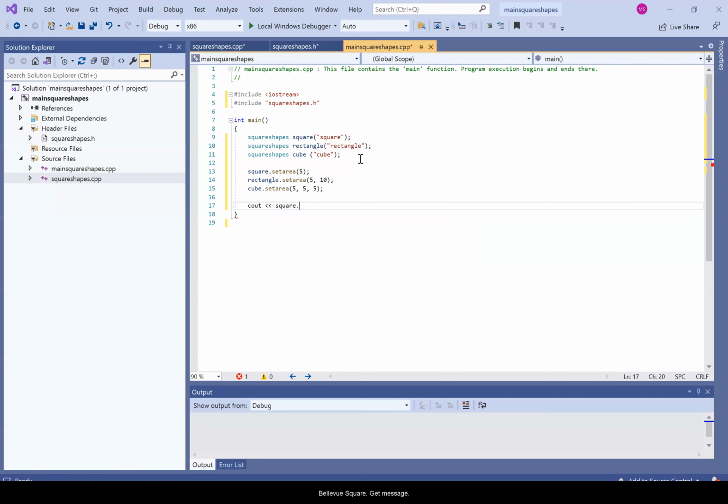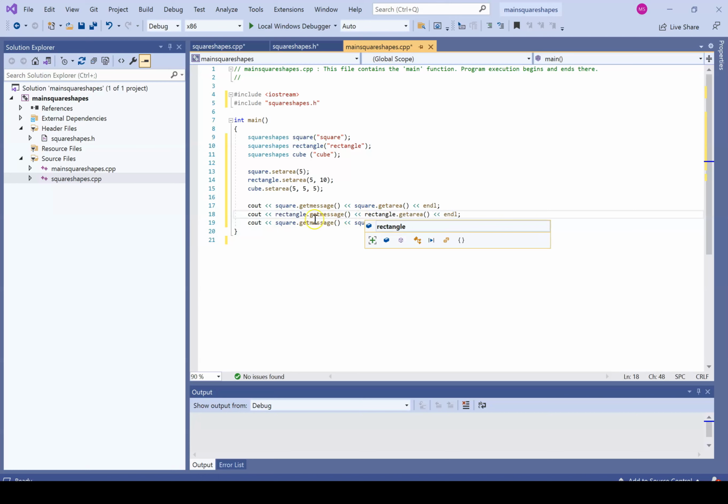And I'll do square dot get message. And then right here I could do square dot get area. End it. And it's a square, I would say what? Rectangle here. Rectangle. Cube. All right, so